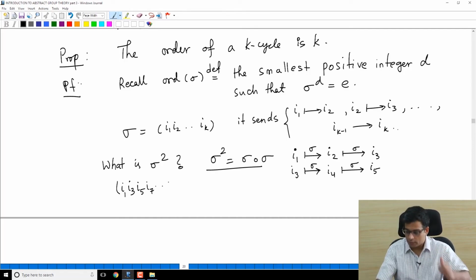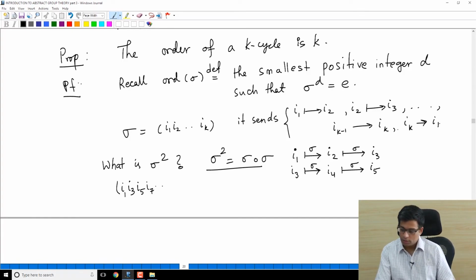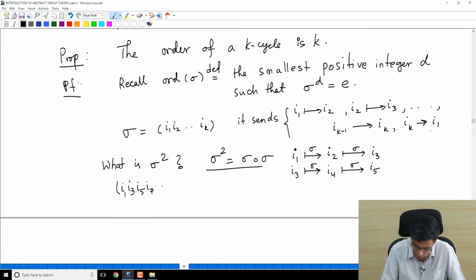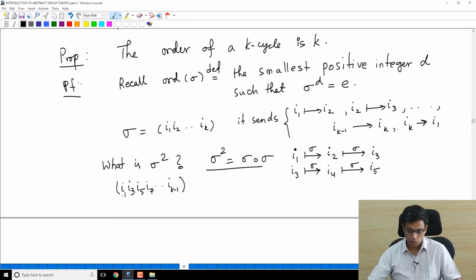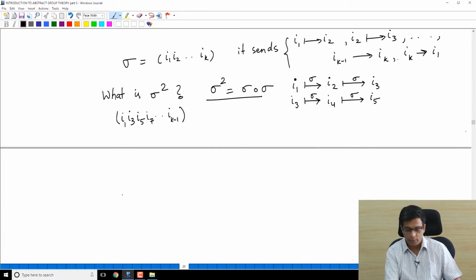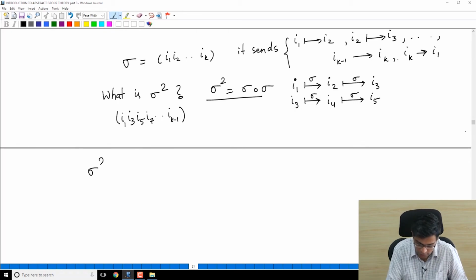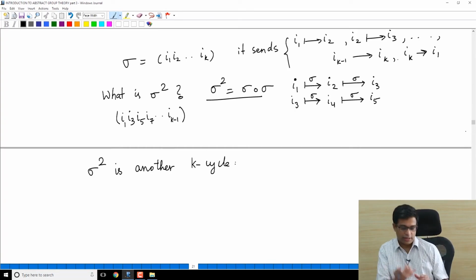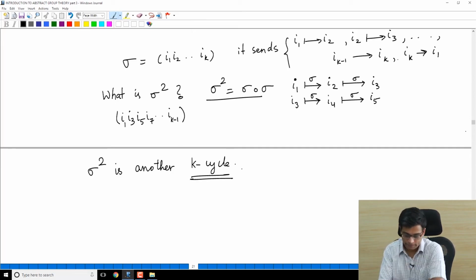Which element goes to I1? Of course, Ik goes to I1 under sigma, and Ik minus 1 goes to Ik under sigma. So you have Ik minus 1 going to I1. What happens to Ik? It must appear in the previous place, somewhere in the middle. So what we have concluded is that sigma squared is another K cycle. Remember, sigma squared is an element of the symmetric group, so it has a cycle decomposition. In fact, it is a K cycle itself, because